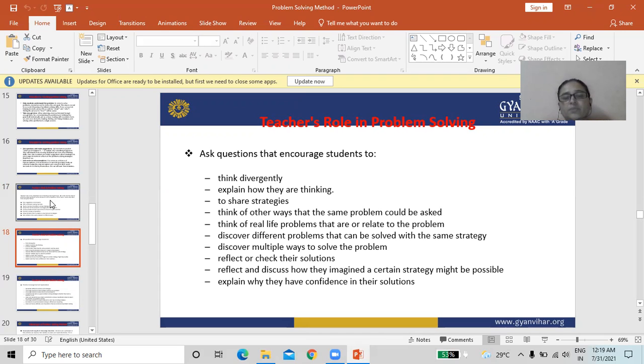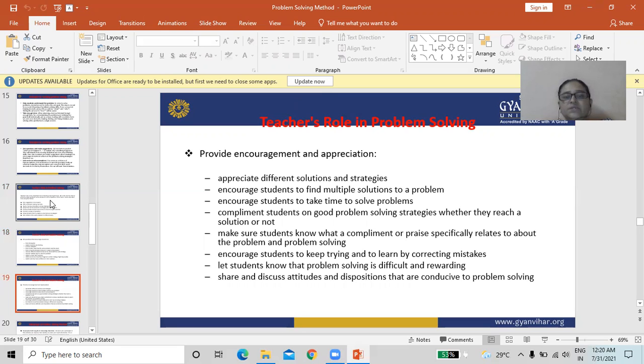Discover different problems that can be solved with the same strategy. Discover multiple ways to solve the problem, reflect on or check their solution, reflect and discuss how they imagined a certain strategy might be possible, and explain why they have confidence in their solution.